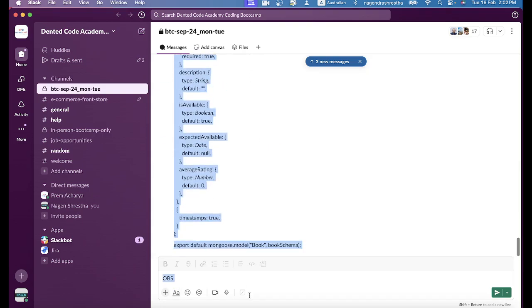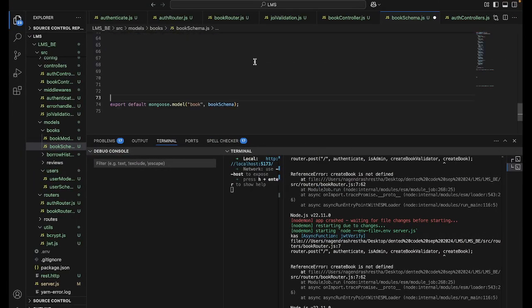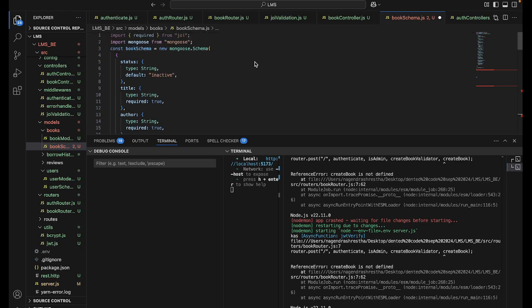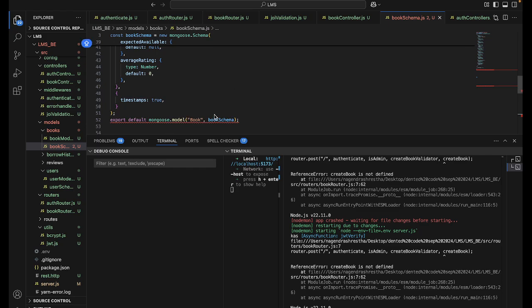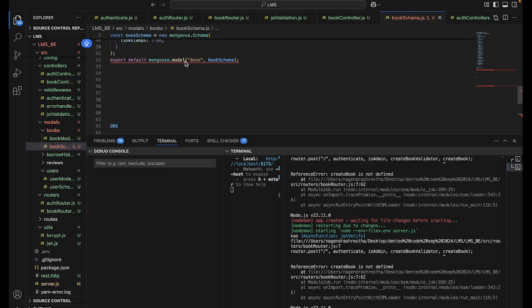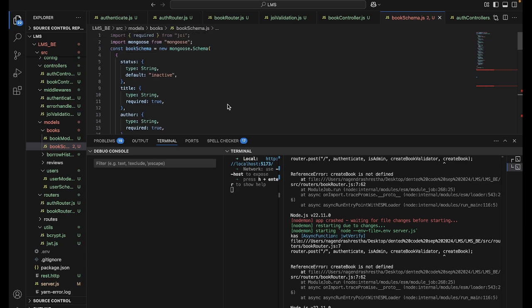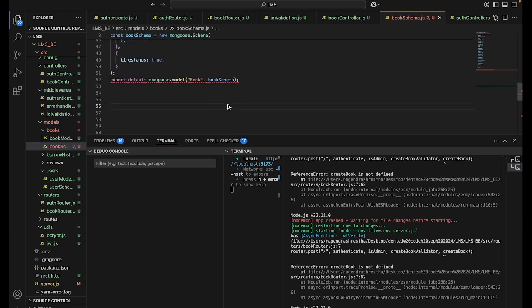Now, when we want to create the book, what we are going to do, first of all, we are going to write some functions to create the books, right? So similar to user model, we are going to create book model.js. Right? So this is going to be based on the schema. So here, if you see the users, not this one, sorry, user model. See here, and we imported the user schema, then we write the functions. So first of all, we need a function to create the book. You know? So import